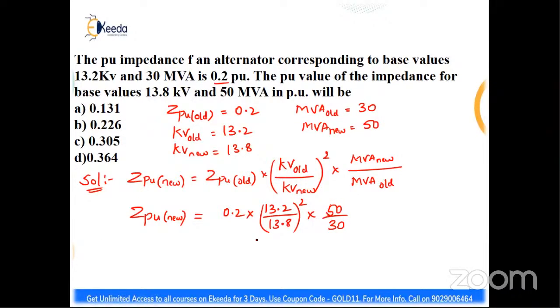So if you solve this, 0.2 into 13.2 by 13.8 whole square into 50 by 30, what will be the answer here? The answer of this is 0.305 per unit. So which is the right answer here? Option C is the right answer, that is 0.305. Okay. So now